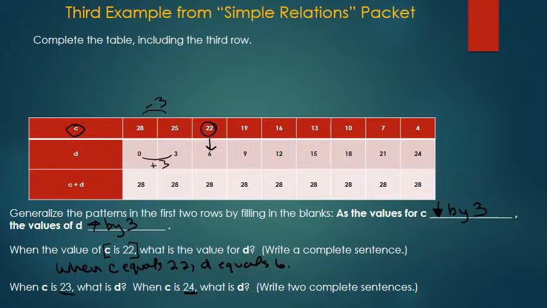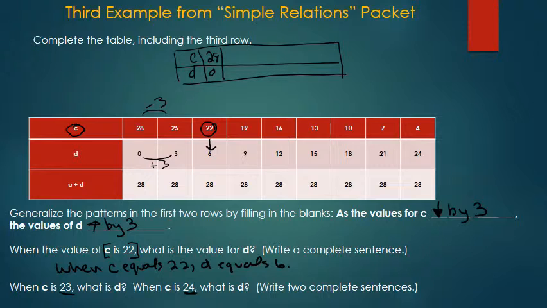I'm going to start a new table using some of the same values, but also some new values. Okay, so there's C and D. Now we know that when C is 28, D is 0. Now, looking at the pattern, can we figure out when C equals 27,